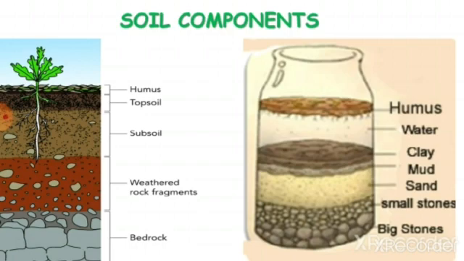So, the humus is the lighter part which is on the top layer. Next, the topsoil comes, then the subsoil where the roots spread and start growing. After the subsoil, the small rocks with the soil can be found. After that weathered rock, you can see big stones which become the bedrock.